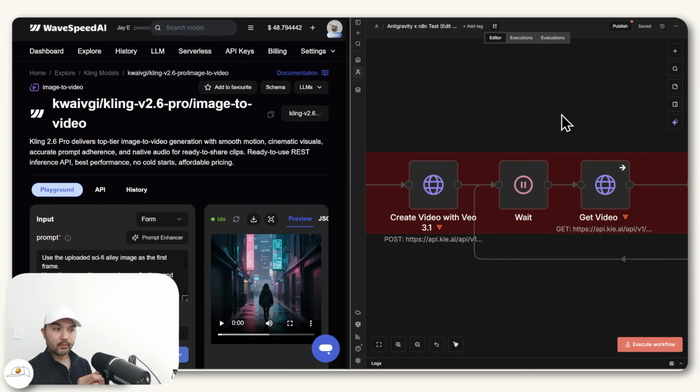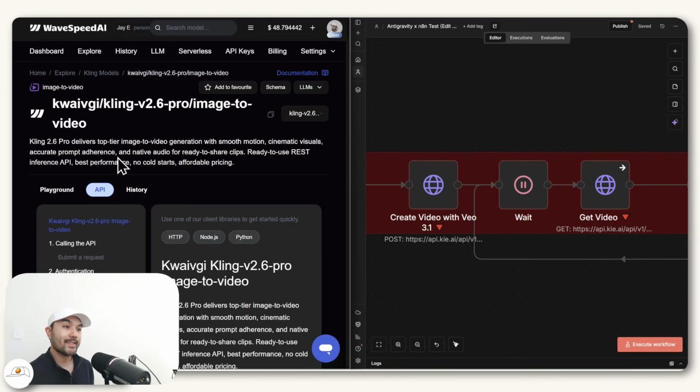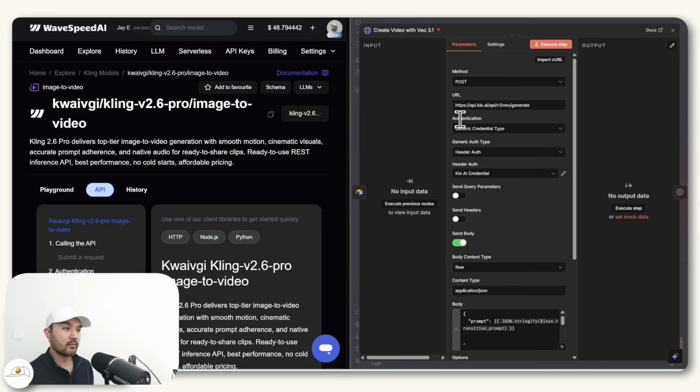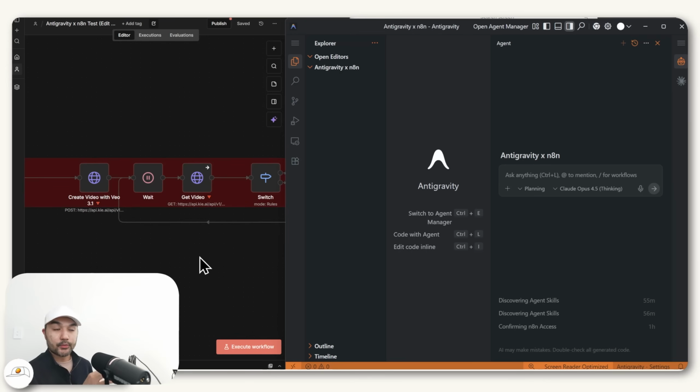Well, if you were to do it manually, what you would usually do is go to the provider of your choice, let's say Wavespeed AI, go to the model itself, so in this case Kling 2.6, go to the API documentation, read through how to set it up, and do that yourself by reconfiguring this HTTP request node. But if you have Antigravity hooked up to your n8n, you can actually use it to update these nodes